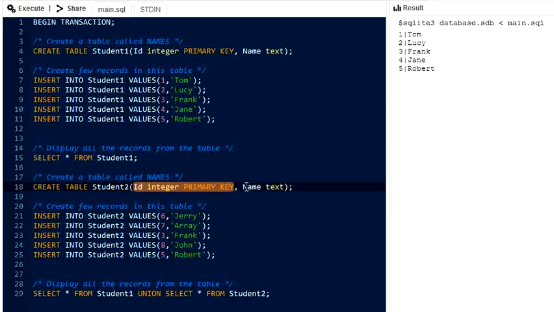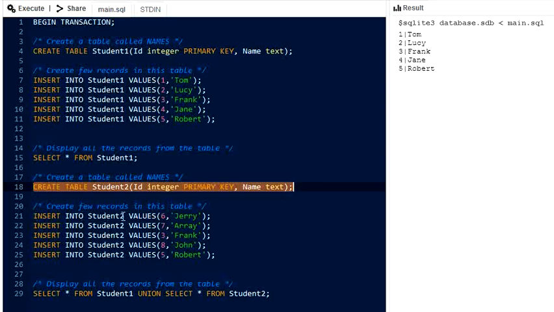The second attribute is name, given to that particular student, and its data type is text. So we have created the second table by using the create command. Now the table is blank, so again we have to add some values as records.